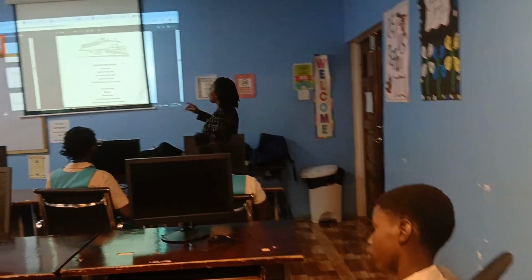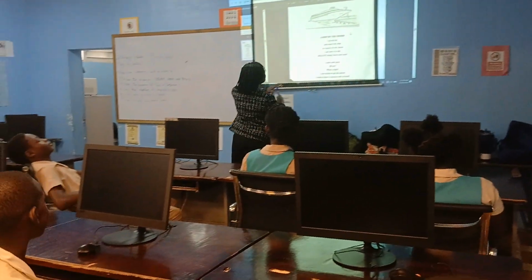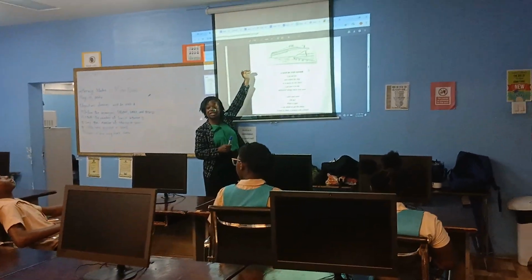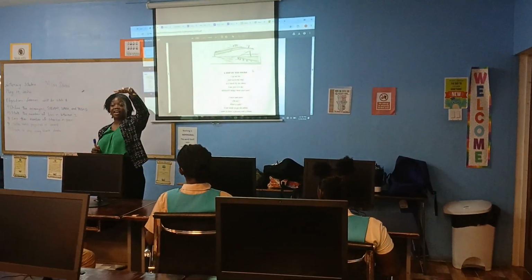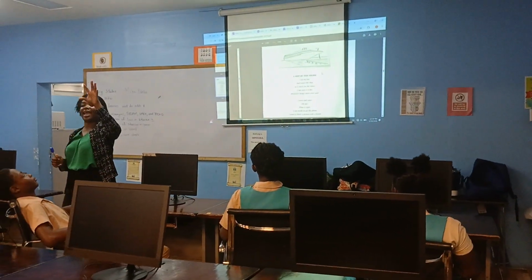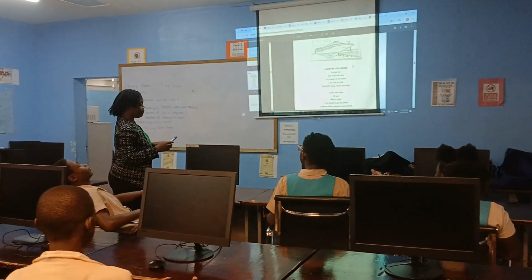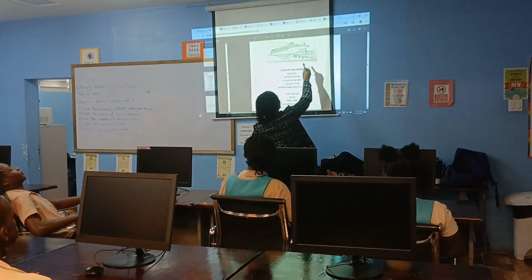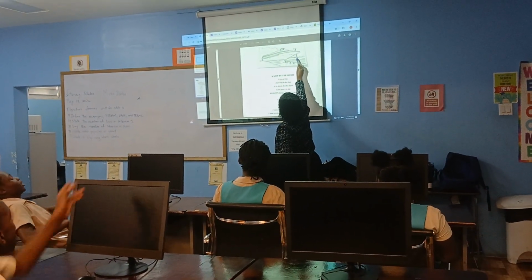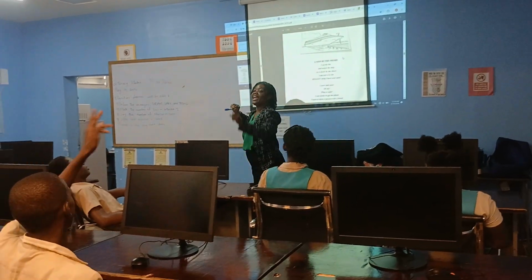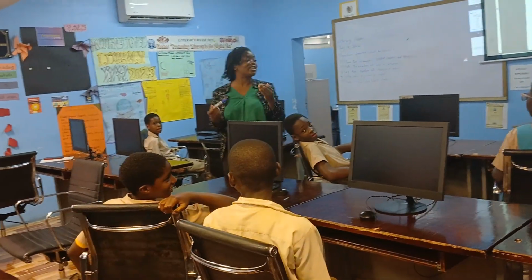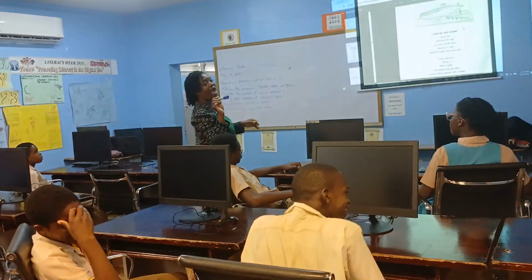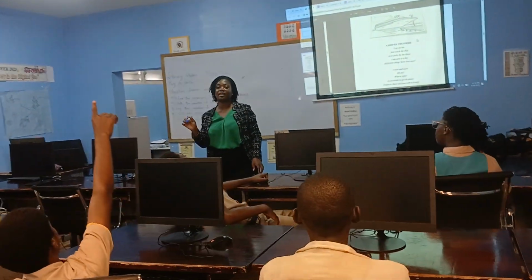Very good. And I want you to know that just as how we see the top part of the ship, there's a part of the ship that is unseen, all right? But it's still able to float. Who can tell me what this is? What are they dropping here? It's the anchor. All right. Can you tell me why are they dropping the anchor?